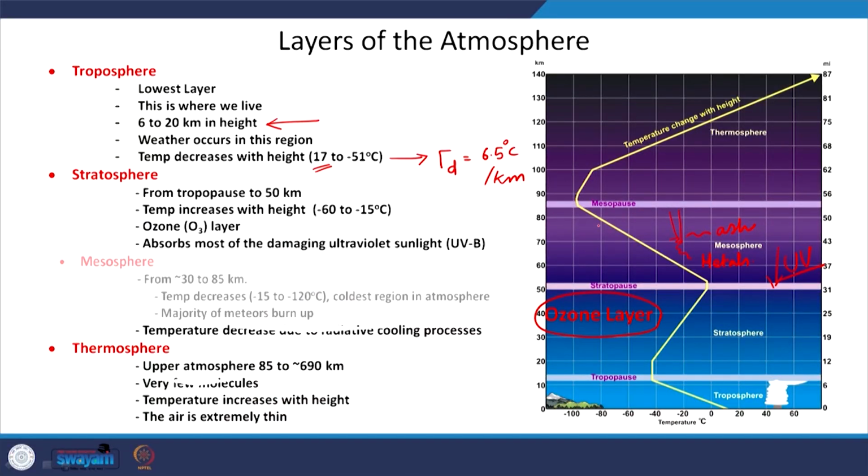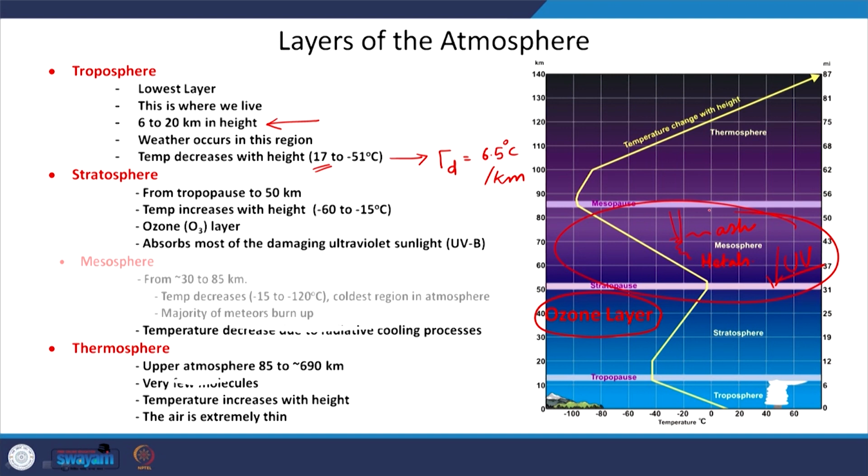It will release a lot of ash, and it will also release a lot of metals. All the metals which burn are released and are stored in this mesospheric region. This is a very interesting study that people have taken up, where they try to understand the metal species that are deposited by the burning of meteors from the outside.